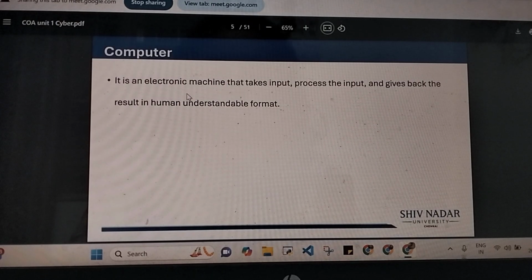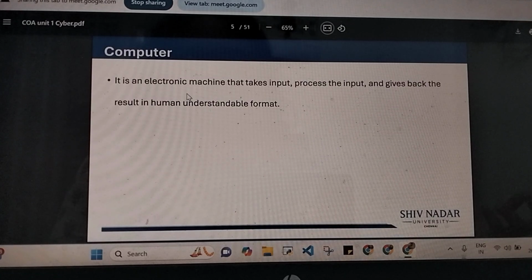So we're going to start with the first unit of computer organization and architecture, which is instruction representation. To give you a broad overview of what we will be learning in this chapter, when you write a program